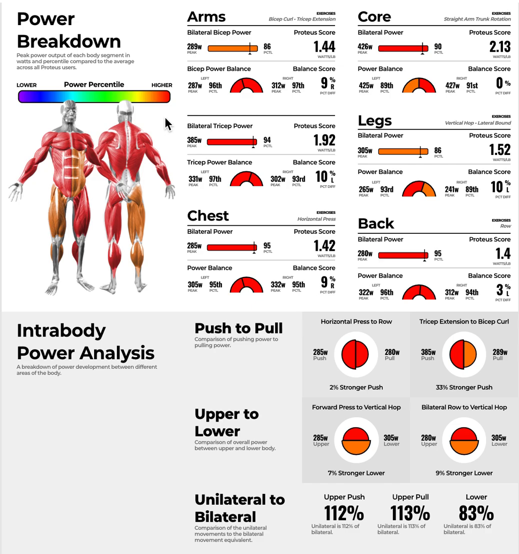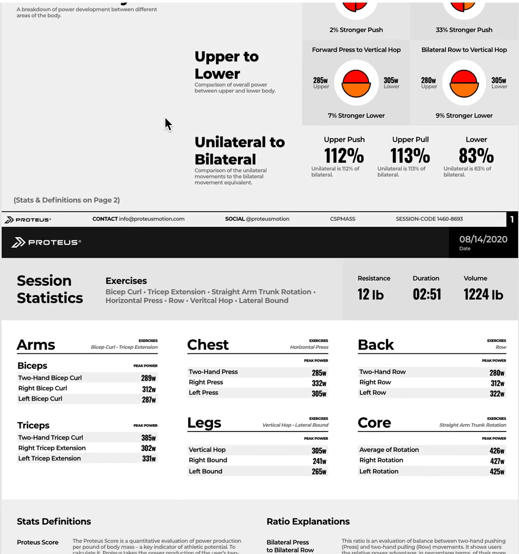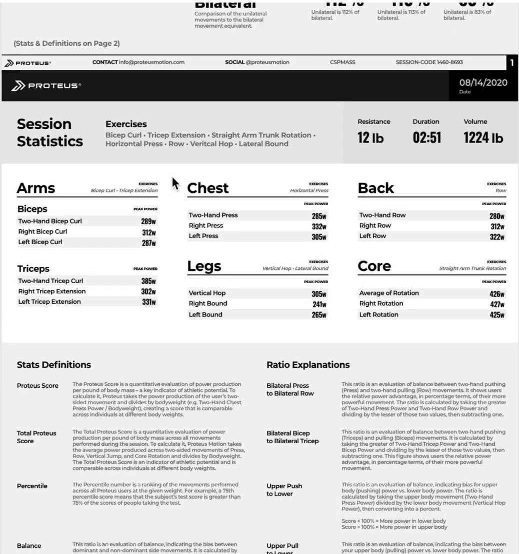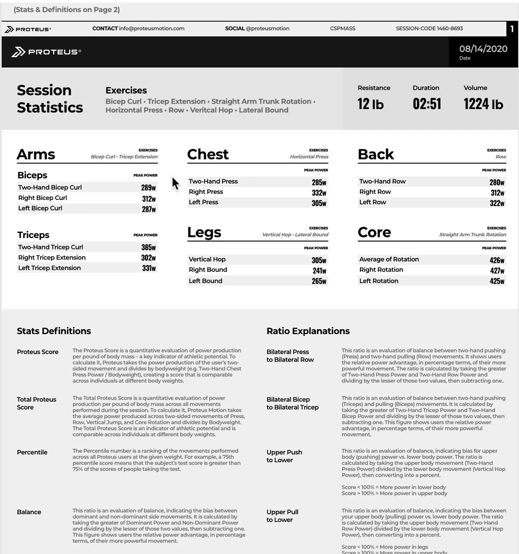In this short video, I want to go over how the power report is constructed and laid out. First thing you need to understand is that the power test consists of 17 different movements that look at both bilateral and unilateral variants of the exercises, consisting of two-handed bicep curl and tricep extension, as well as a left